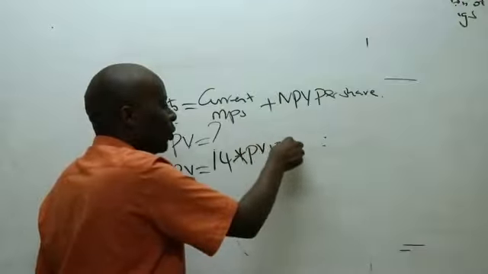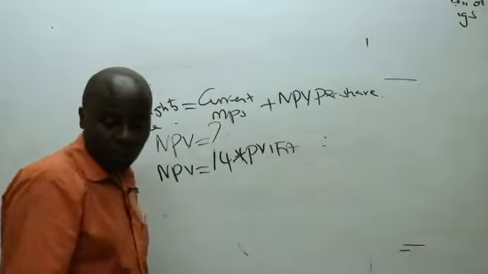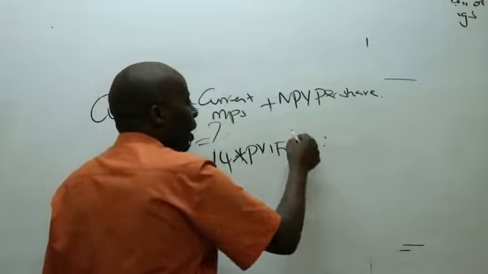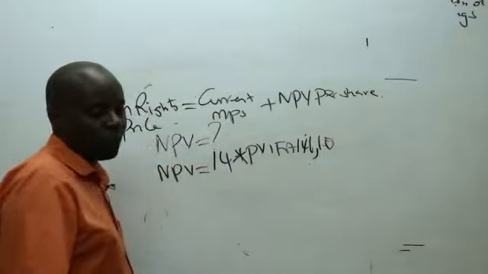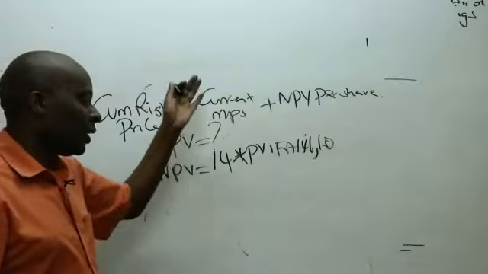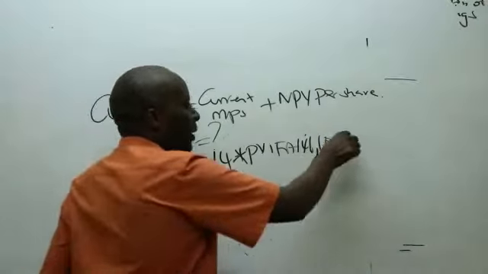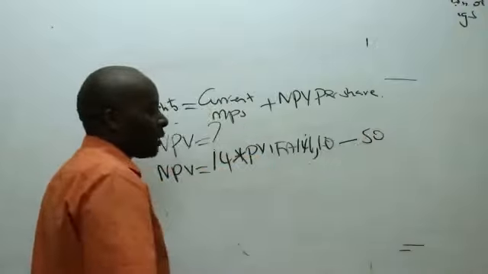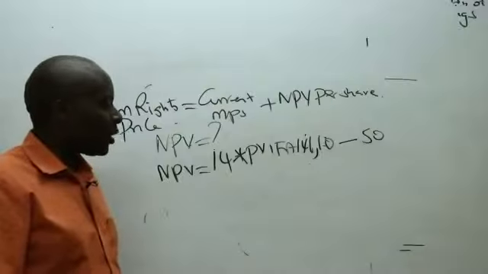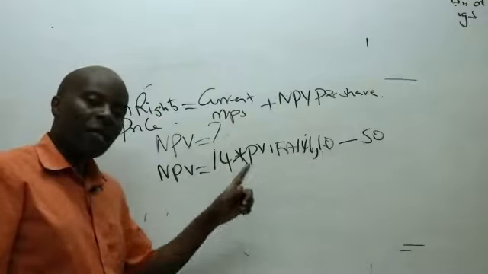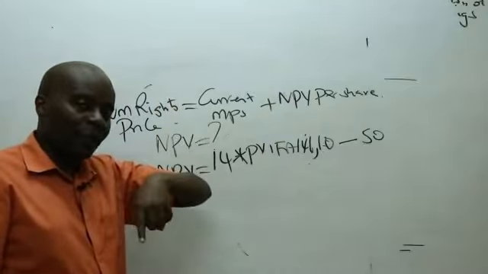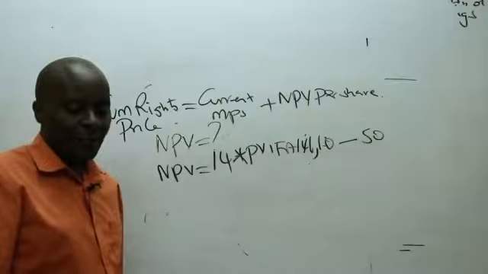We multiply this with what we call the PVFA. Fortunately, they have given me the company's cost of capital, that is 14%. For how many years are you going to enjoy this? Over the project's useful life, which is 10 years. And then, after I get the total present value, I must subtract the initial outlay, which is 50 million. So my work tonight will be to go to my annuity tables, go to the column that has 14%, vis-a-vis 10 years.